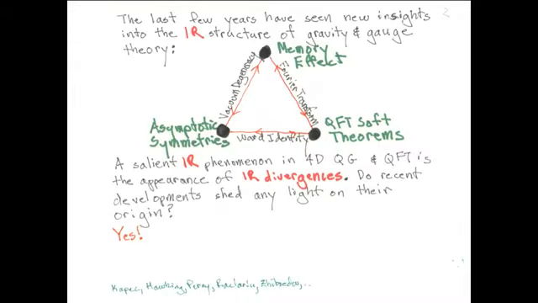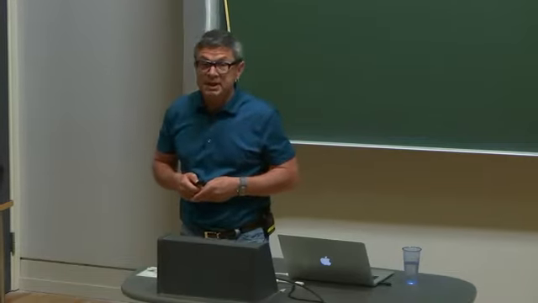So in the last few years, there's been a series of developing insights in the relationship between different kinds of long-distance infrared phenomena relating the gravitational memory effect, which we heard about from Gary, asymptotic symmetries, and the so-called soft theorems in quantum field theory. I spoke about this in this room last year. I'm not going to try to review this whole story now, but I am going to discuss one